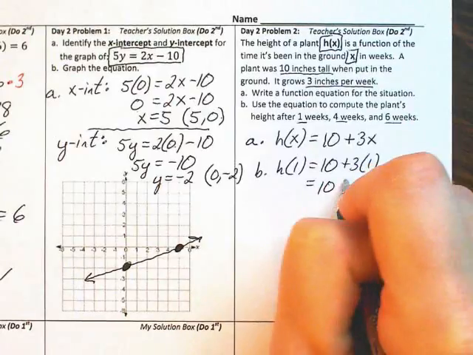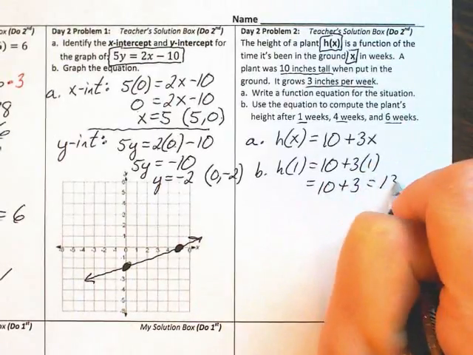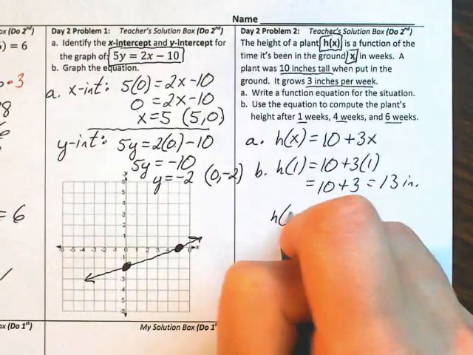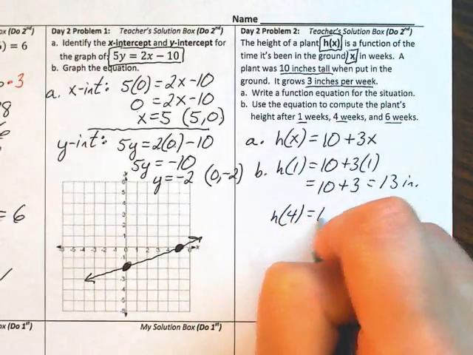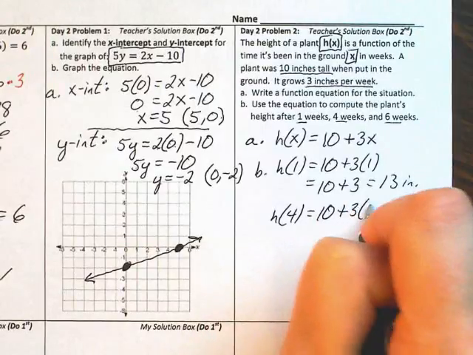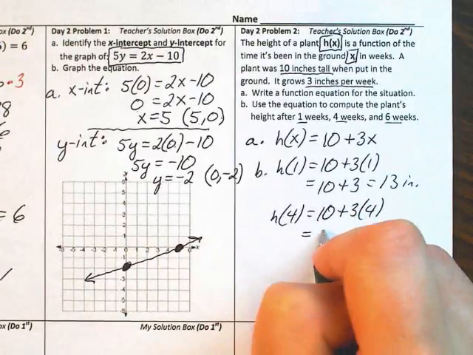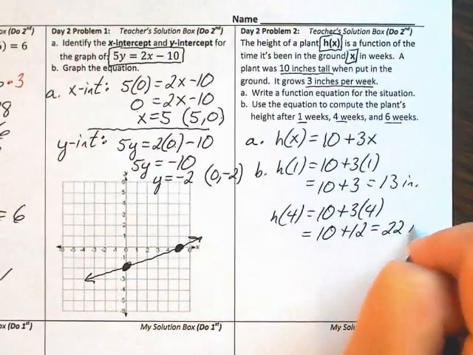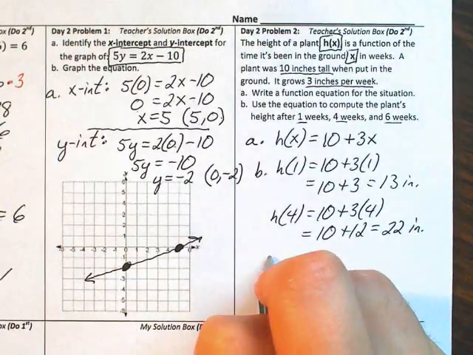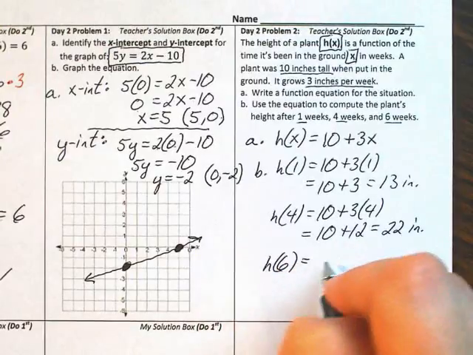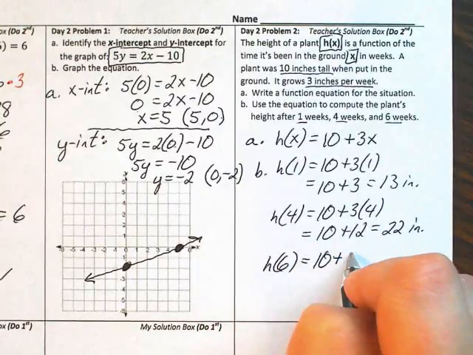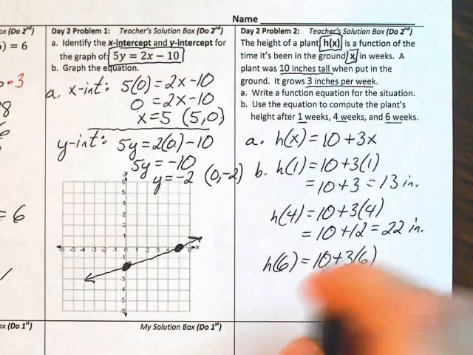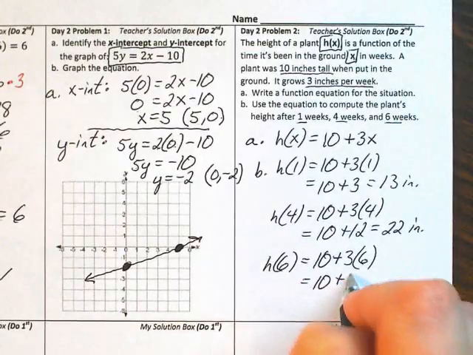That is 10 plus 3, or 13 inches. h of 4 equals 10 plus 3 times 4, which is 10 plus 12, 22 inches. And then h of 6 is 10 plus 3 inches per week for 6 weeks. That's 10 plus 18,